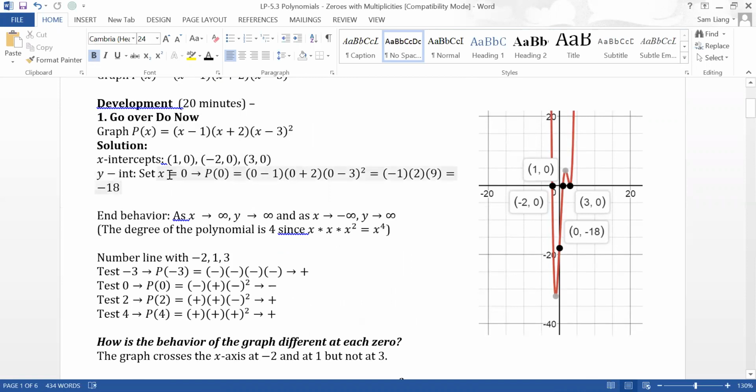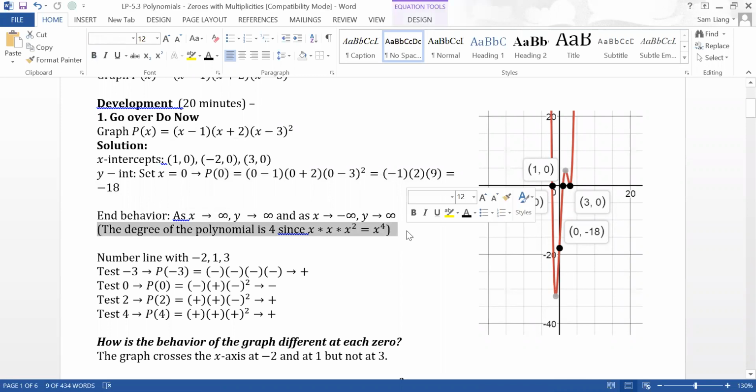For the y-intercept, we set x equal to 0. If we plug in x equals 0, we're going to get -18. That's 0 minus 1, which is -1, 0 plus 2, which is 2, and then 0 minus 3 squared, which is +9. That'll be -18. For the end behavior, one thing we have to notice is that the degree is going to